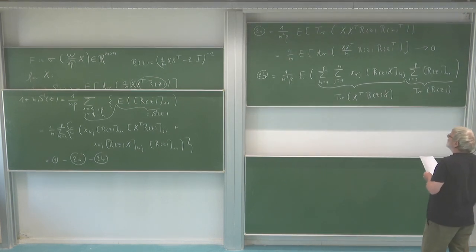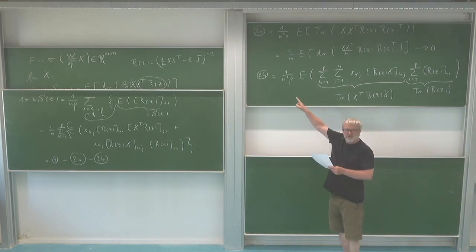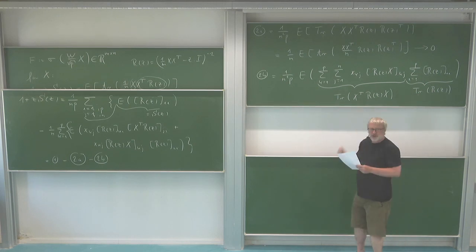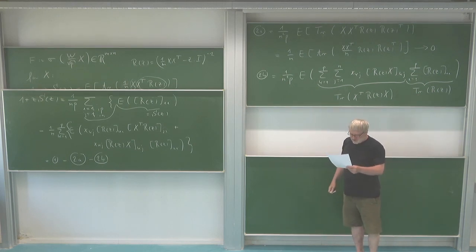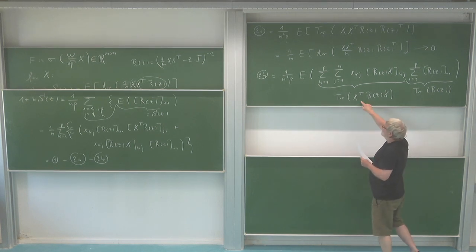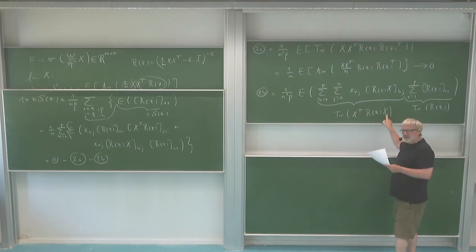Okay, and now you see, hopefully, that I really need all those divisions. I have two traces, which I should change to a normalized trace. So I need an n and a p for this. This here is a p times p matrix, so here I need the 1 over p. This here is an n times n matrix, so I need the 1 over n. And the remaining 1 over n essentially goes to this guy here.